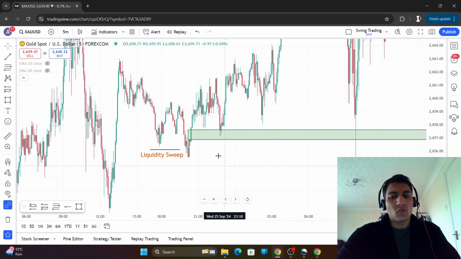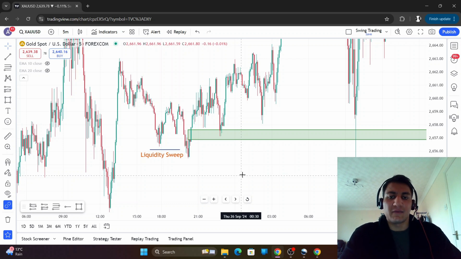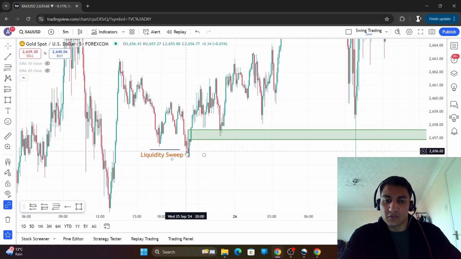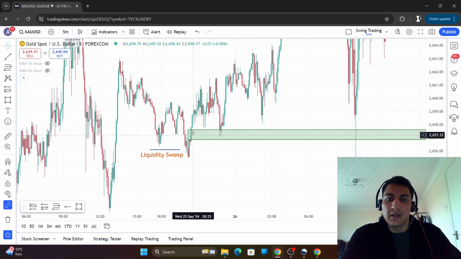And the reason why you want it to form during that Asia session is because the fair value gap kind of tells you the bias for the session. It kind of tells you what Asia actually wants to do. So fair value gaps are very important, whereas you don't really want to look at this one because this was formed before 8 p.m. This is the real move during Asia, because Asia starts at 8 p.m. all the way up till midnight, right? So the real move's a bullish move. And yeah, you want to enter on this fair value gap here.